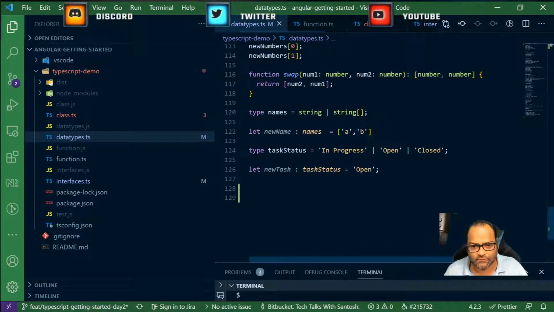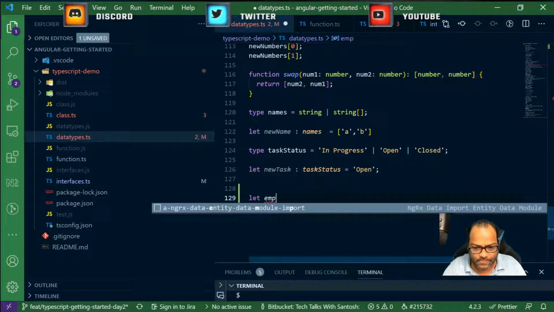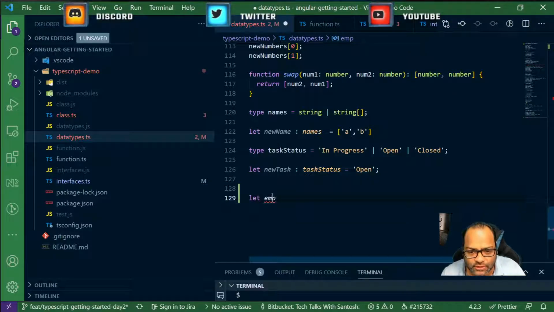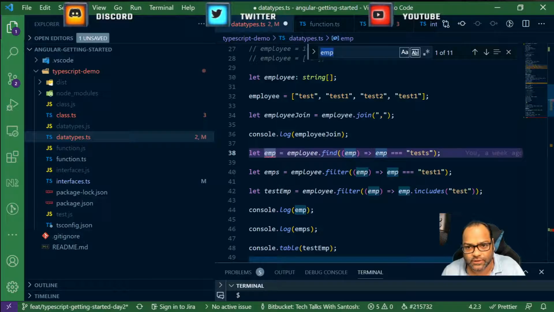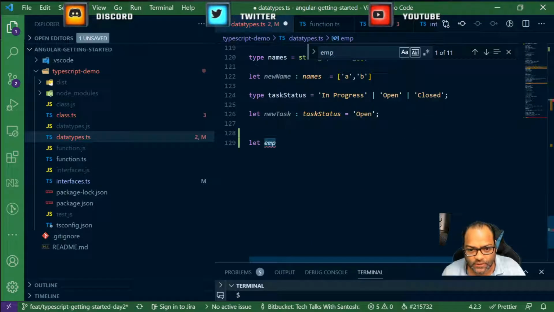So let's see what are the things which we can actually do with this object. I'll create a new object, let emp. I think emp should already be there, but let's confirm. Okay, we already have emp. So let's say the new employee is Adam, right?